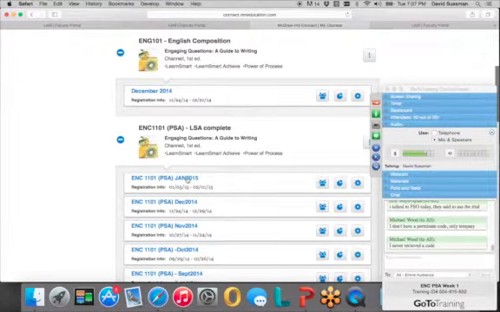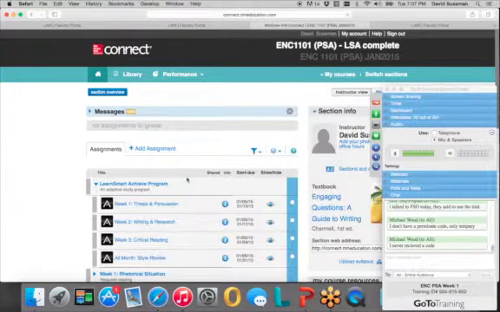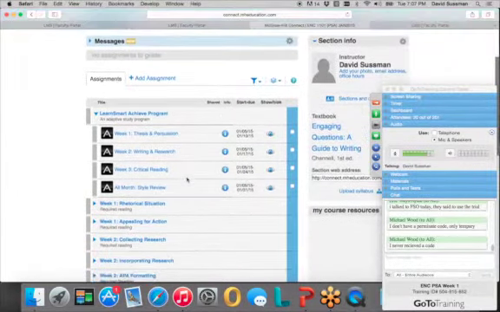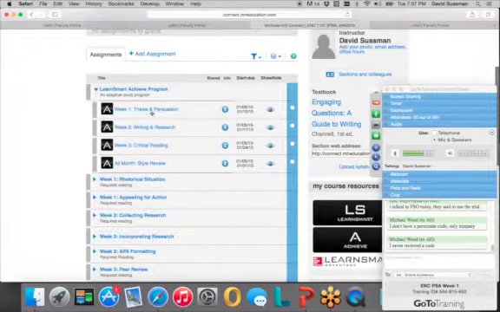Okay, so let's go into our section. Once you do get access, you're going to see something that looks like this, and I just want to stress a couple of things real quickly. These black boxes here are actual interactive modules that you need to complete on a week-by-week basis. So there's one for week 1, week 2, so on. There's one that lasts all month long. Okay, you just need to complete these.